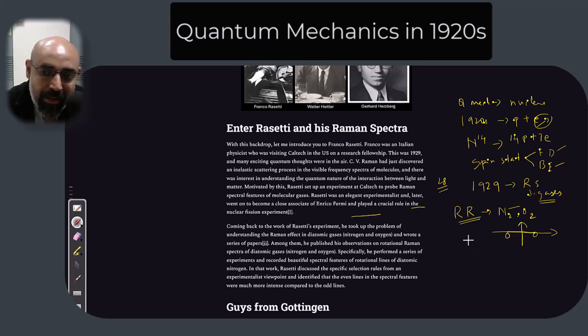The most important observation he makes is that the bands which you find in the rotational Raman spectra have an oscillatory signature, meaning some bands are more intense and some are less intense. The even bands are more intense and the odd bands are not that intense. And obviously the question arises, why is it so? That is because of something called isomorphism